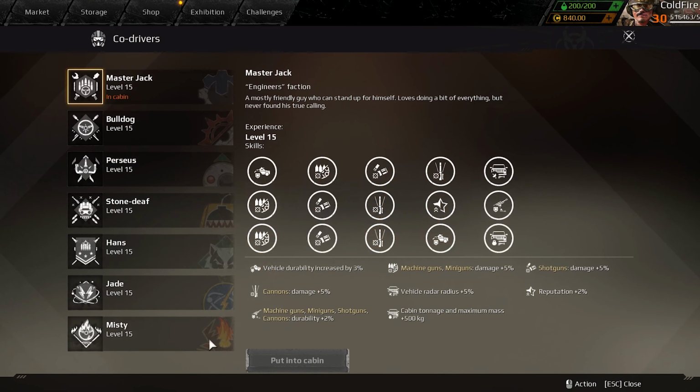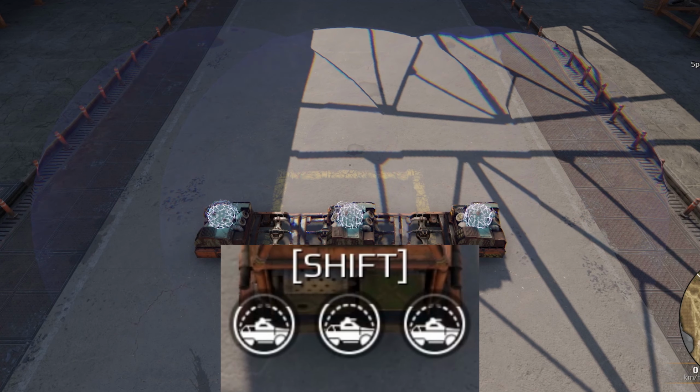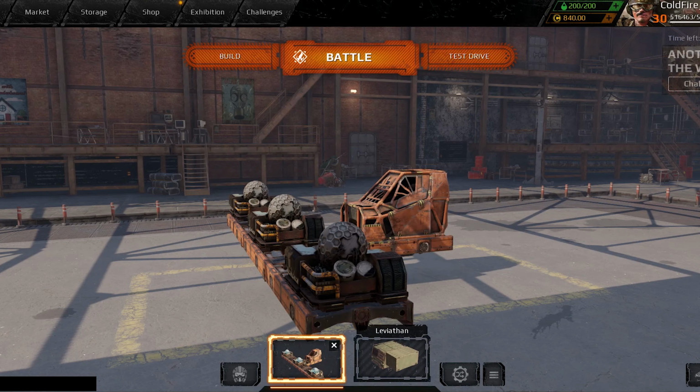Okay, and now we're going to compare it with the Jade. The Jade should give 10% more active time and 5% more durability, which we'll test later. Alright,